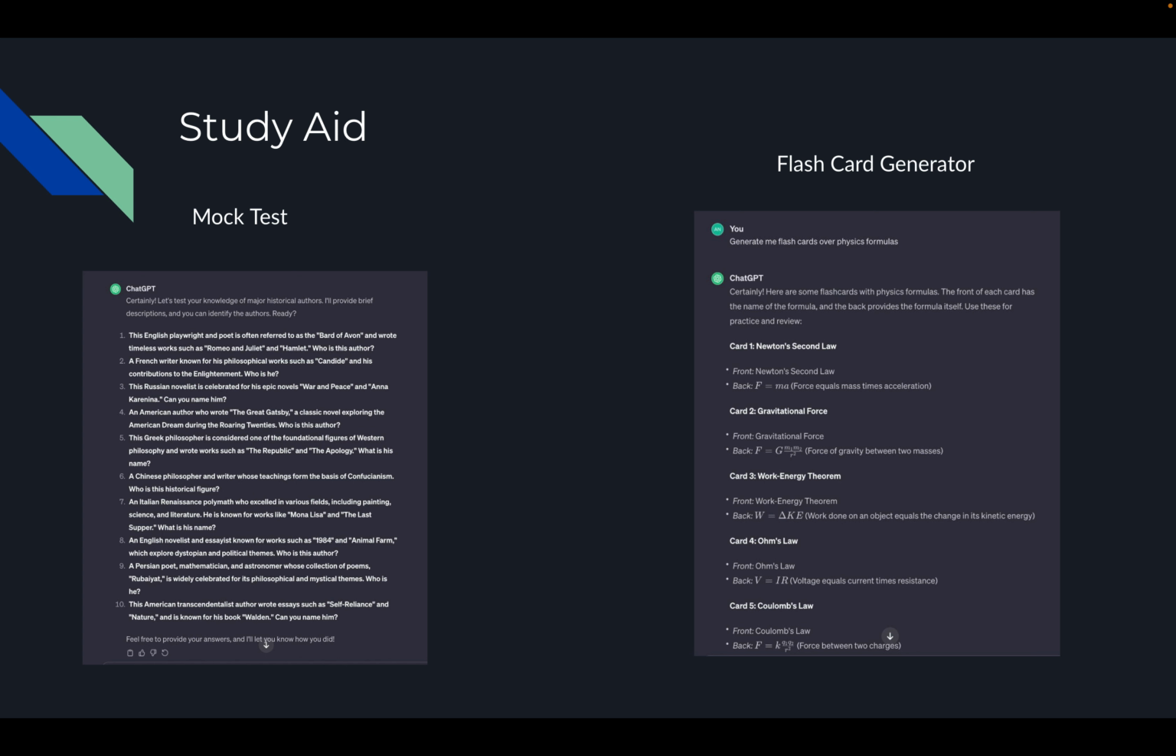So I just asked it, hey, generate me some flashcards over physics formulas. And all right, Newton's second law, force equals mass times acceleration. Gravitational force equals the gravity versus mass 1, mass 2. So it's really nice. It just has a lot of different things. You don't have to worry about coming up with them on your own. You can just ask it to generate you some, and it'll tell you what to put on the front and back, which has been really helpful. I've used that quite a bit,